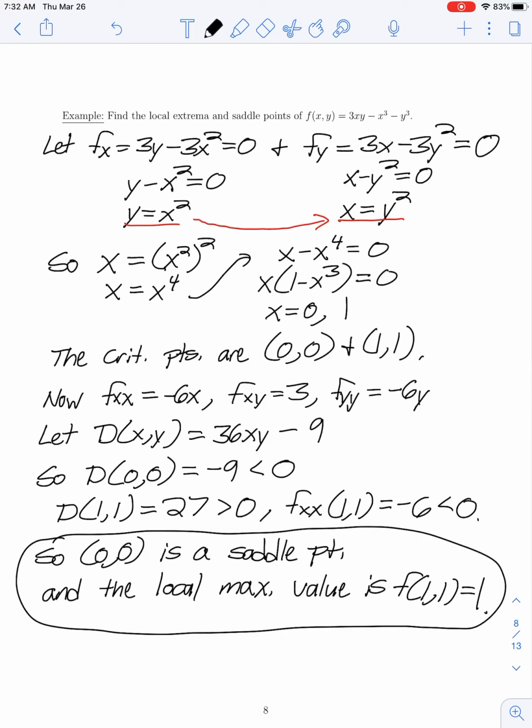So in this last example, we found 0, 0 to be a saddle point, and the point 1, 1 yields a local maximum by the second partials test. The local maximum value is 1. So that's it for the first part of this section. In the next few examples, we'll consider some applications of finding these